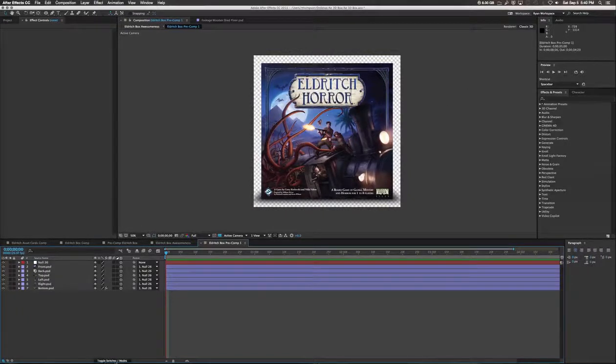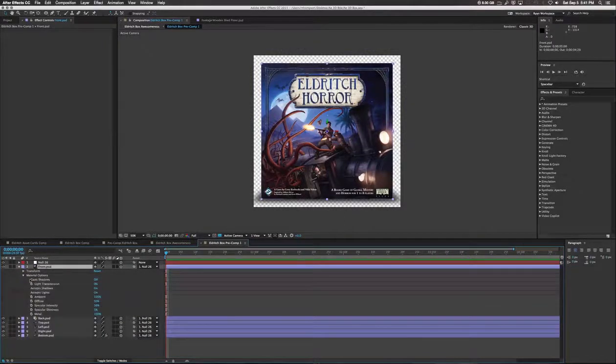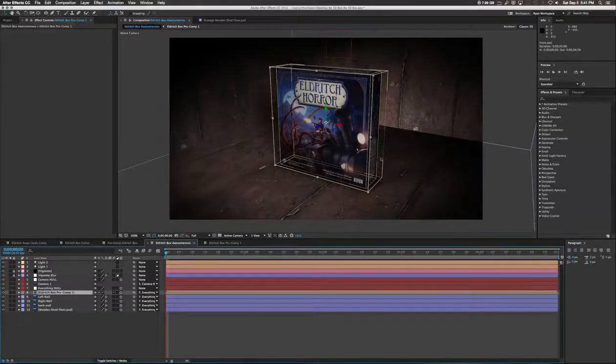The only layer we want to cast shadows is the front. If you turn them all on, it'll actually mess with it, and you get weird cross shadows where the box sides meet. So I'm going to click on front, drop down my twirly, go to my material options twirly and cast shadows. I'm going to click once to on, and I'm done. We can go back to our Eldritch Box awesomeness, and bing, now it's casting a shadow,